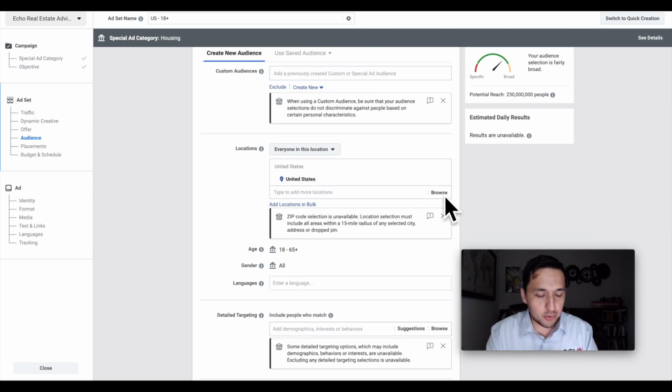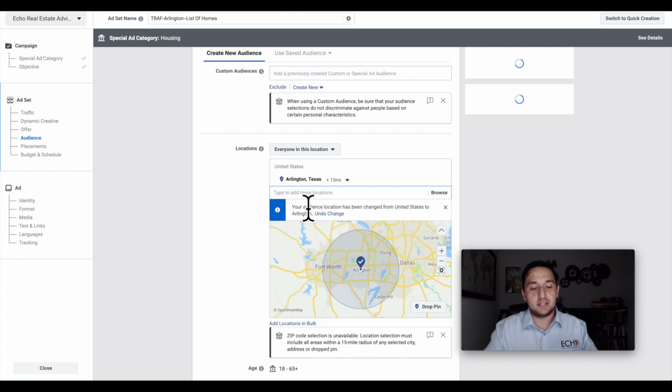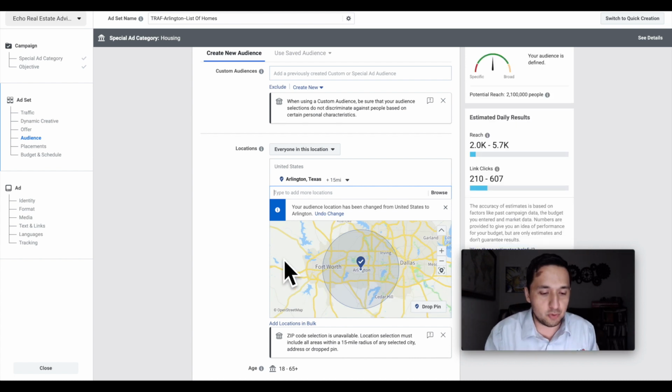And then when it comes to geography, where you're actually advertising, you are limited to a 15-mile radius. You can't select a city by itself. You can't select a zip by itself. You start from 15 miles and then get larger. So you can't get down to that 1 mile mark that you used to be able to. Now it's a 15-mile radius minimum. So we're going to advertise in Arlington, which is going to get large, and there's going to be portions of Dallas, portions of Fort Worth.